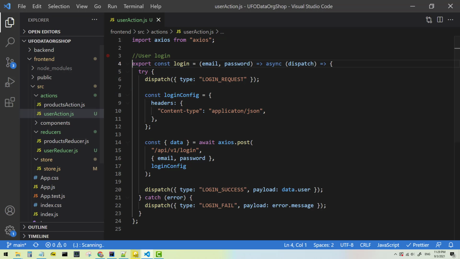The following variable login configure is to define page headers. Set content type equal to application/JSON. When a web page submits data to the server, it requires setting up the page header formats. Usually, it will be set to application/JSON. Next step, call Axios library to make HTTP requests to user login API, passing parameters with email and password